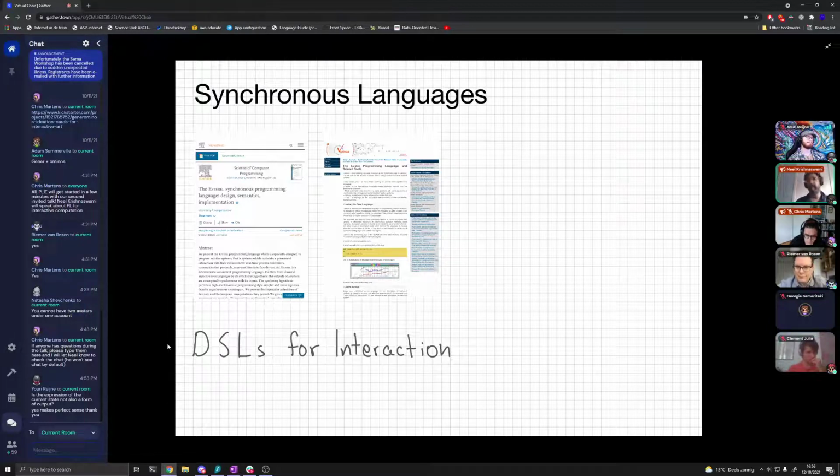Because if a jet plane's control computer goes on the fritz, that is really bad for hundreds of people. And so in France, a number of programming languages called synchronous programming languages were invented.